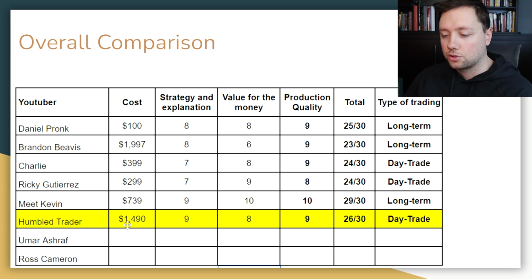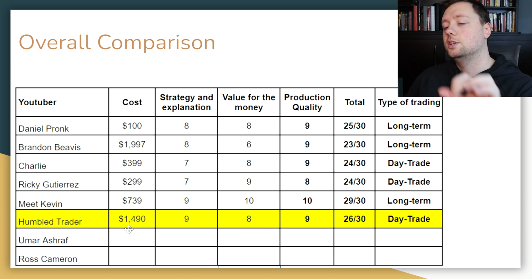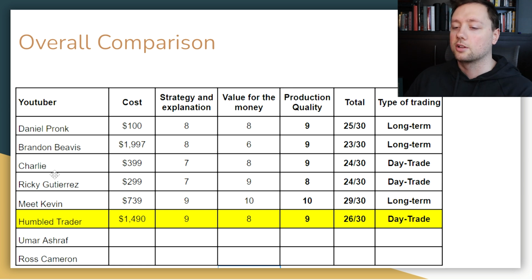So for Humble Trader and Shay, her course is $1,490. And previously, she scored a 9 in this category. I'm dropping that down to an 8 in this category just because the price has gone up. And it's not necessarily because the price has gone up, but because when you compare it to the other day trading courses out there, so namely Charlie from Zip Trader and Ricky Gutierrez from Learn Plan Profit, they have significantly